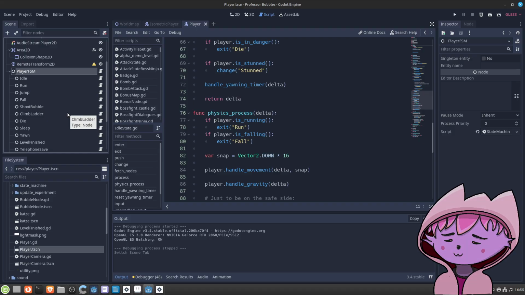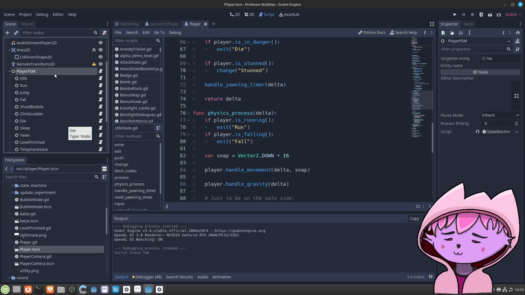Did you say this is a new project? No, this is my very, very old project, from 2021, 2022. And it just so happens that the state machine implementation I used previously was here.